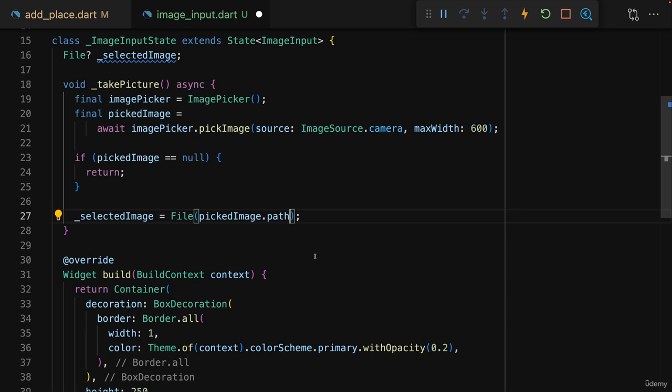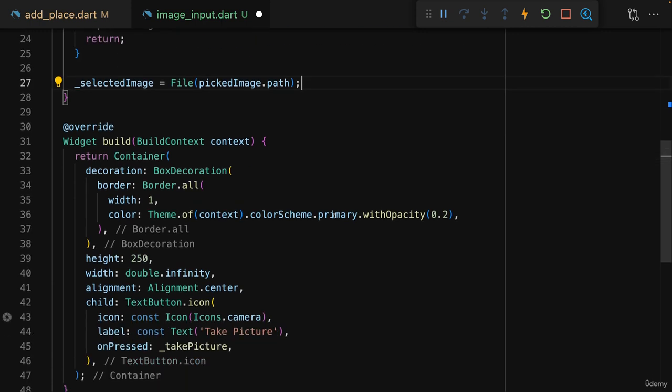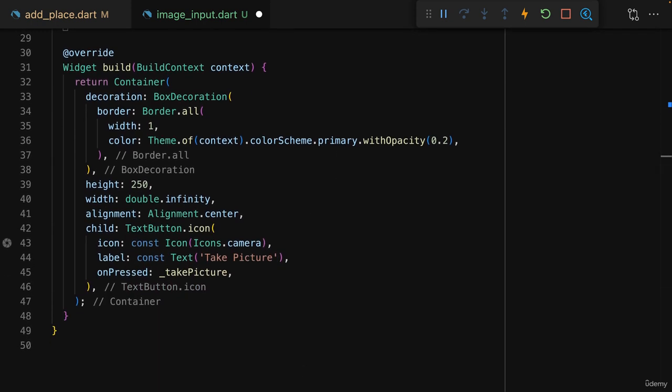Because as we take that image, it is stored on the device, and this path tells us where it's stored. And if we pass such a path to this file class here, we then get a file object that stores that path and that can be used with that file type here. And I'm doing all of that because now we can go down to the widget tree, and there we can